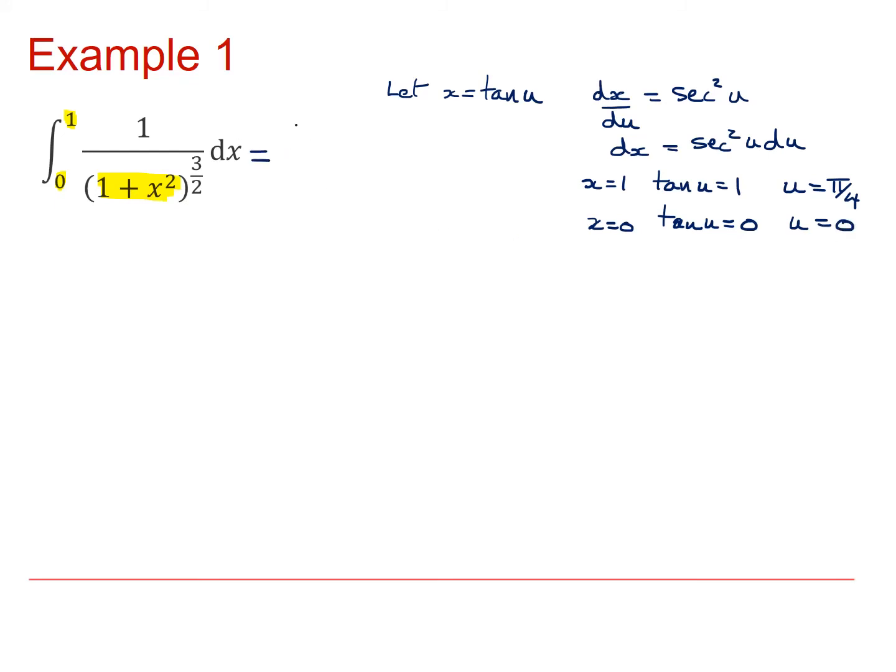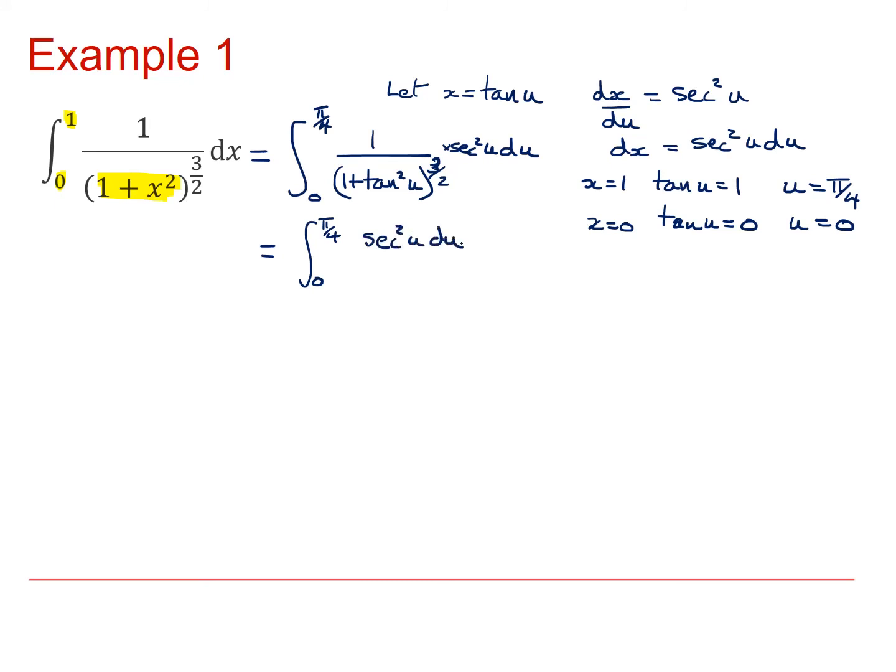So now I've got everything I need to do the substitution. It's going to be the integral between 0 and pi by 4 of 1 over 1 plus tan squared u to the power 3 over 2, and that's times sec squared u du. Well, that's going to give me the integral between 0 and pi by 4. On the top, I've got sec squared u